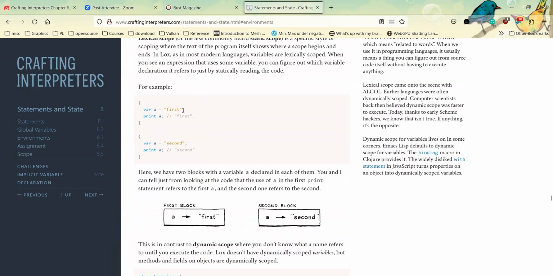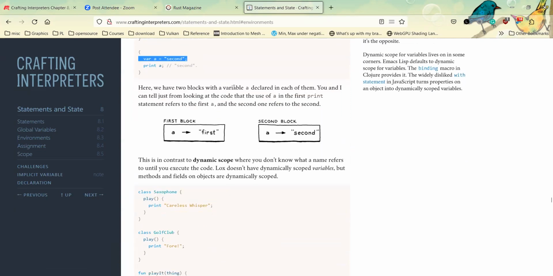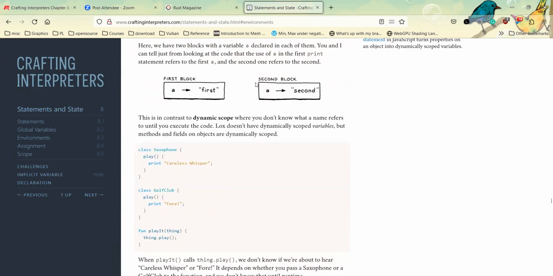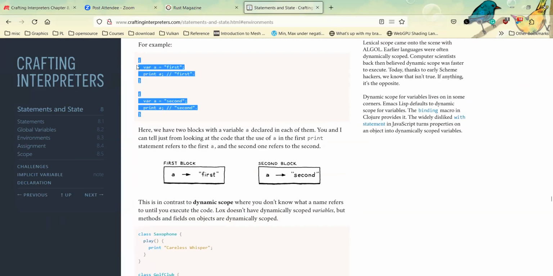It mentions if we need to support this kind of block scope, when we go into here we have variable A, when we go out this variable A gets dropped, and when we go into here we have another variable A. I really miss it when I'm in a language that doesn't have scoping like that.